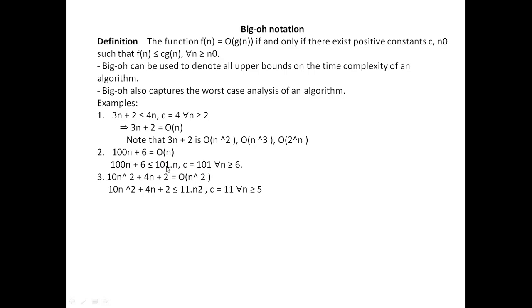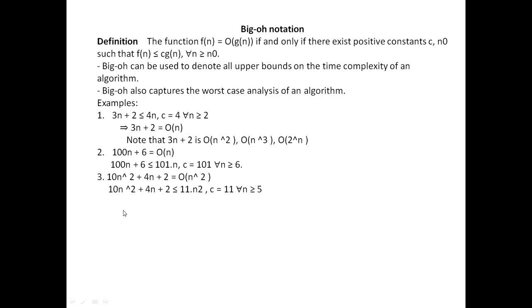So it is bounding this function. So you can call this order of n. Actually, it is order of 101n, but we won't consider the constant. So it is order of n.